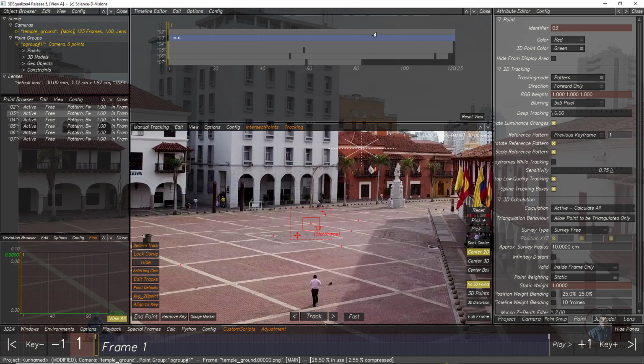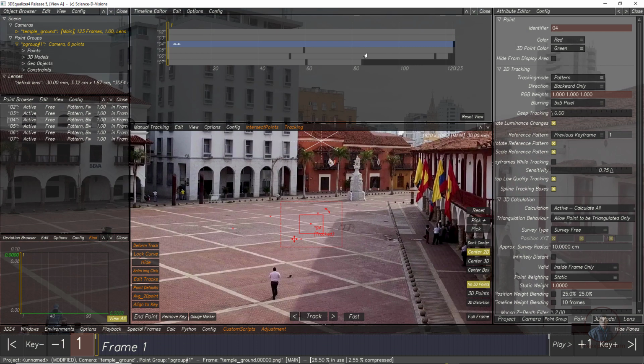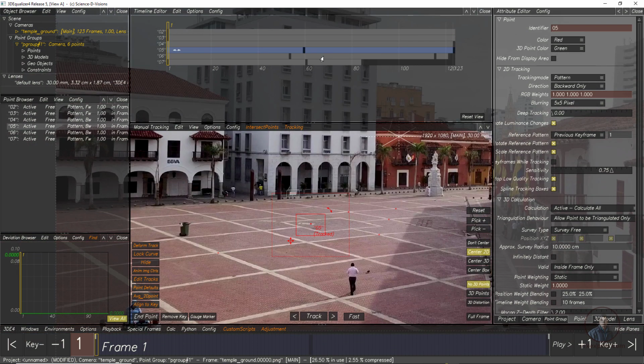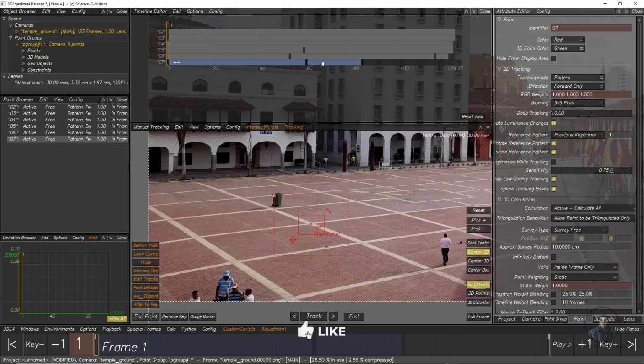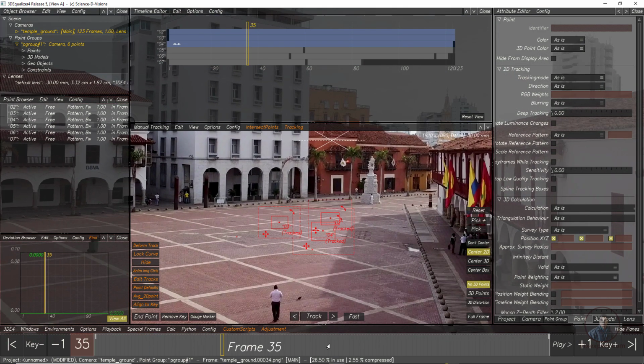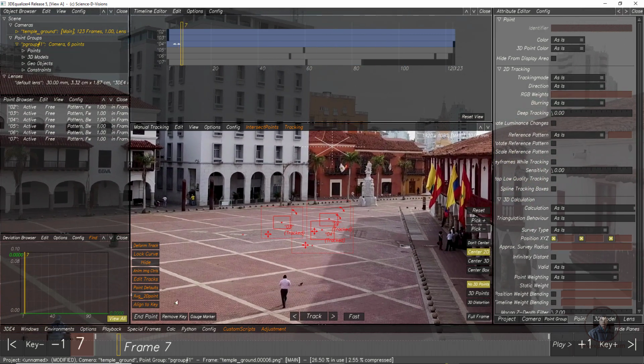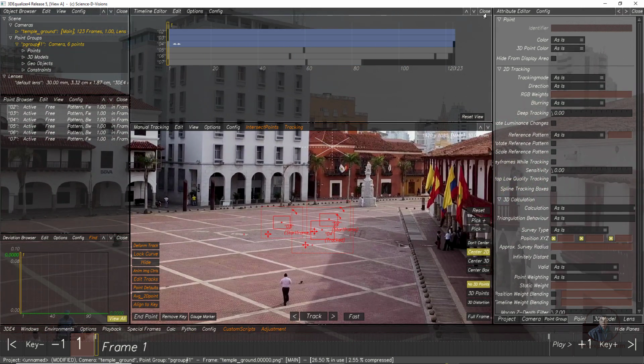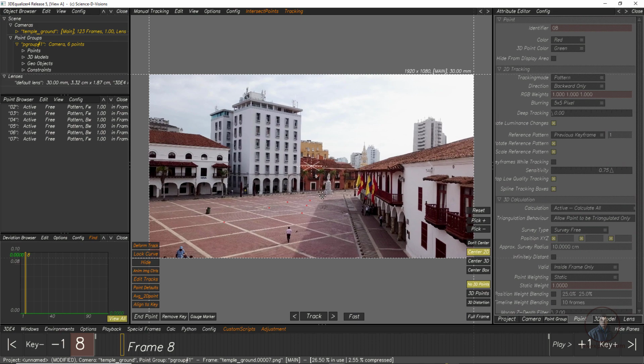Now you can see these points' length or frames here. If you select this one, where it is showing black after this, it means you have tracked only till here, maybe frame 80. Like this we can easily see. If you move your CTI, we can easily see here. Now just close this timeline editor. Now click on this full frame again.